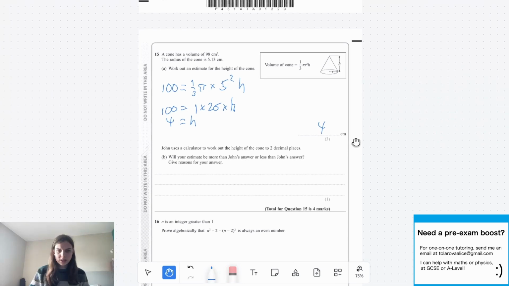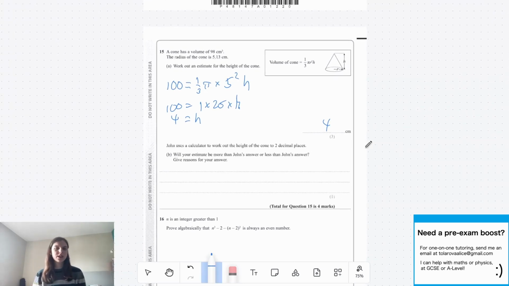John uses a calculator to work out the height of the cone to 2 decimal places. Will your estimate be more than John's number or less than John's number? Give reasons for your answer. So the easiest way to prove this, in my opinion, is to rearrange this formula here. So if we take v, we're trying to rearrange for h, so we just need to divide v by a